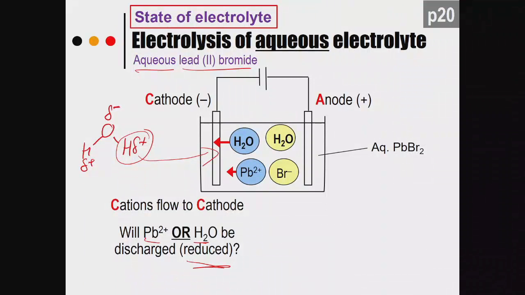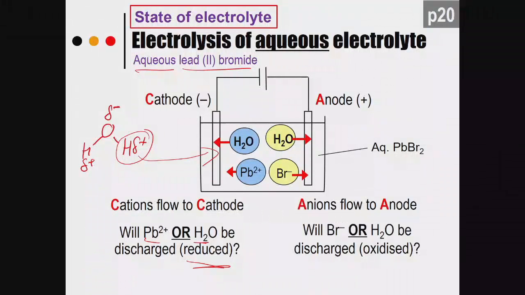Then for your anode, same thing, your bromide ion will be attracted. Now H2O will also be attracted because H2O has the partial negative end. So this end can be attracted to your positive electrode. So now, which one will be the one that is oxidized at the anode? So to decide